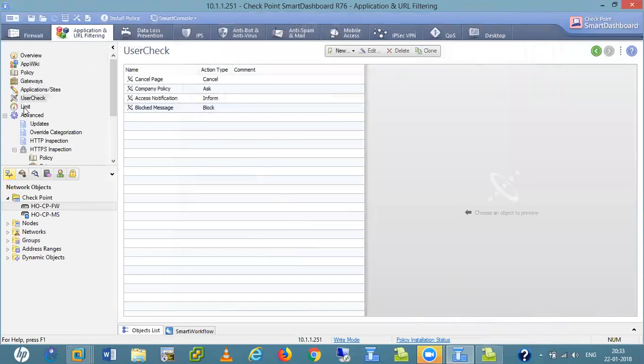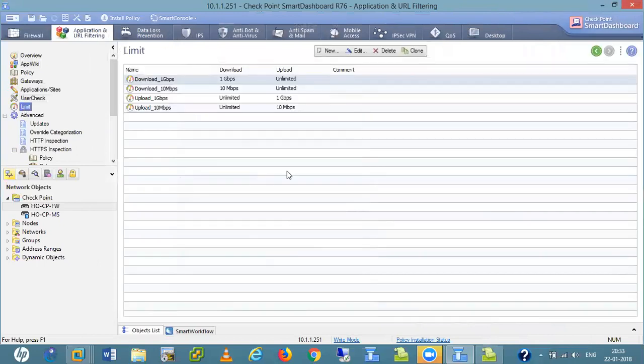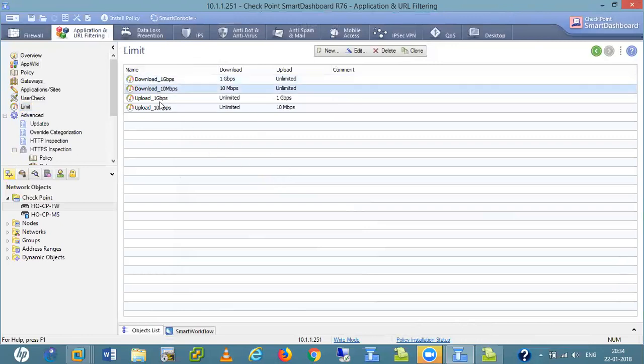This is the rate limiting. See, we have streaming applications like YouTube. There are also lots of streaming websites where we can watch movies online. So we can set a limit for them. This one we also need to make a policy for; these are the defaults. I will teach you how we can configure rate limiting for streaming media, like setting the bandwidth for the user.